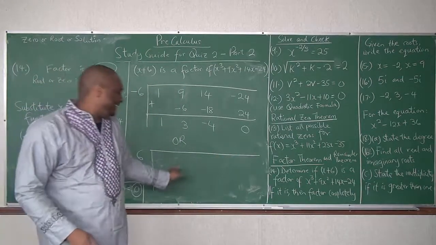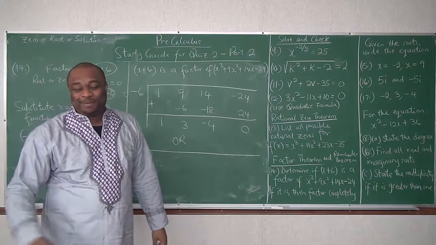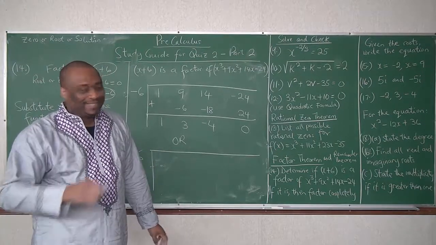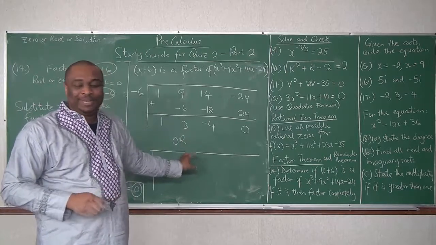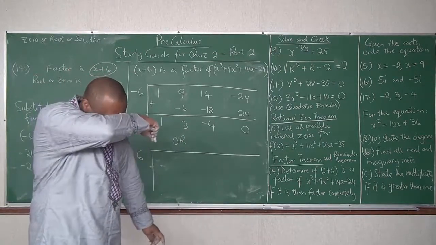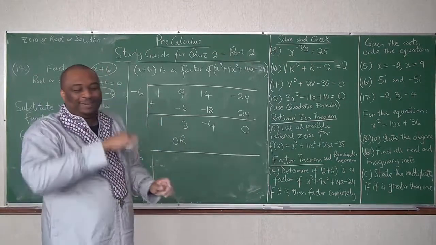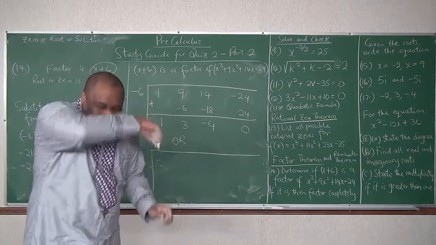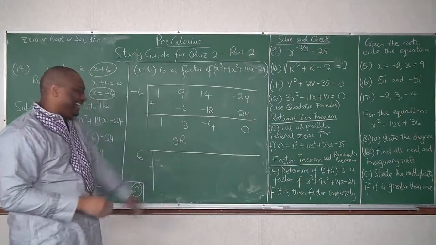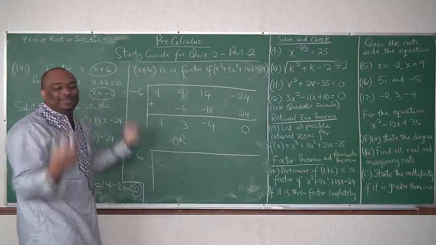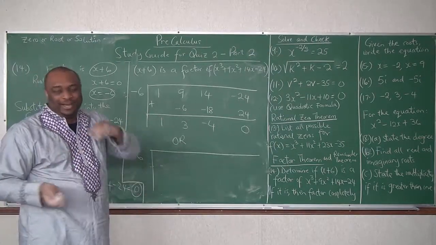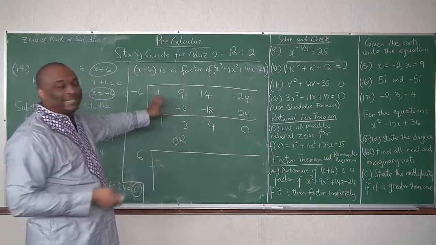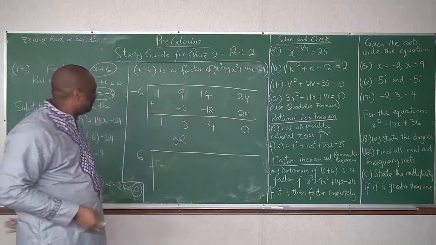If you don't want to learn this one, you know what some of my students will do in class? If they have understood one method and they don't want to learn another method, I've seen some of my students close their eyes like this so that they don't see it. I want to teach you all the methods, different methods. So you can close your eyes if you have understood this.